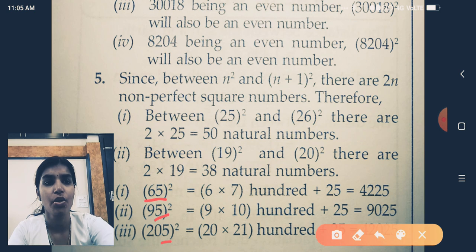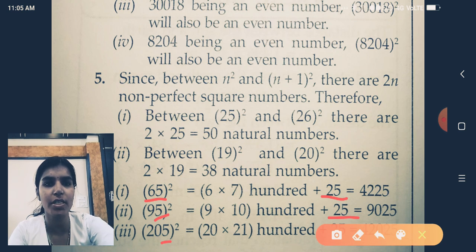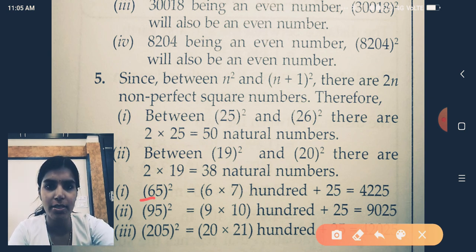So what you want to do is write down 5 at the end of every number. Then check the first digit. In the first example the first digit is 6, and the next number after 6 is 7. So 6 into 7 is 42, and directly write down 25. So your solution is